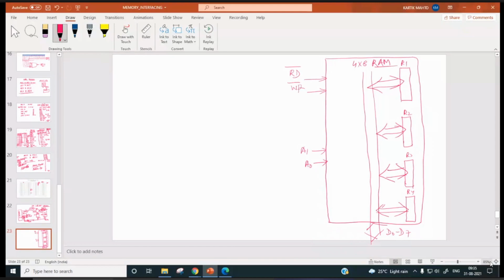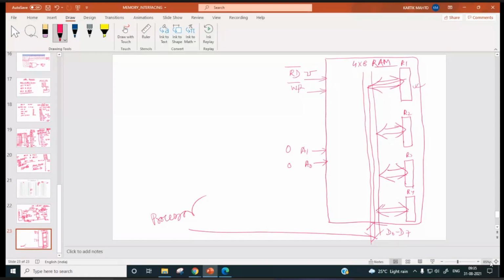One read bar pin and one write bar pin will be there, so that the processor can read from R1. If it sends address 00, this register R1 will be enabled, and if read bar is made low, data from R1 will come out and go to the processor.